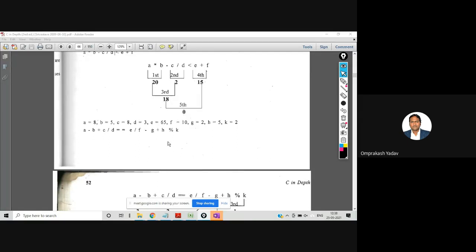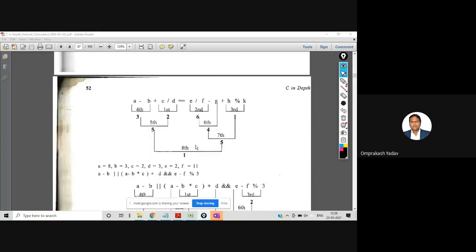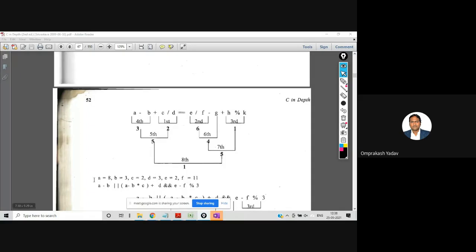Okay, it's more or less the same. We will not solve this one. I want you to solve this particular one. So let's solve this expression and let me know the answer. Let's see who is going to solve this. If you see, the logical or is there, logical and is there, and the bracket is also there. So it's a combination of arithmetic operators, logical operators, and the bracket. So please try to solve this and let me know the answer.